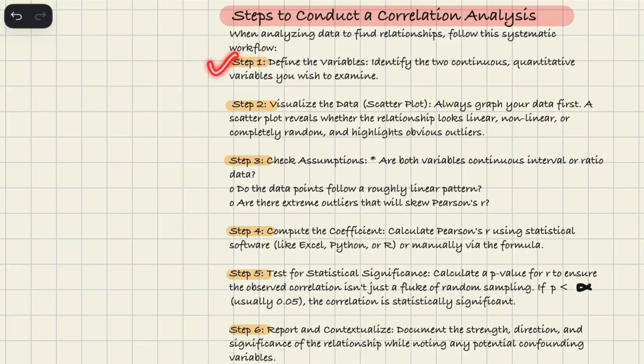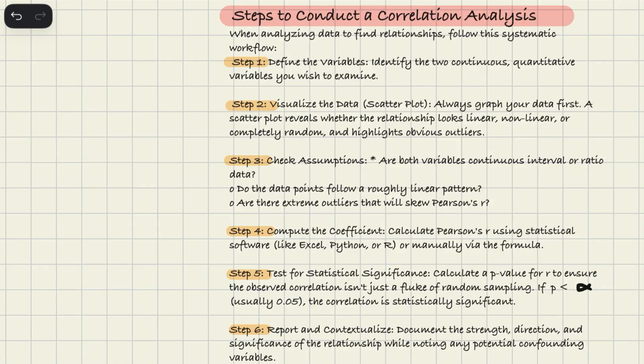So the very first step is define the variables. You need to identify which are the two quantitative variables you wish to examine, right? Then step 2 is to visualize the data. Always graph your data first using a scatter plot. So never just blindly calculate the Pearson's R. A scatter plot instantly shows you if the relationship looks linear, non-linear, or if it's just completely ruined by a